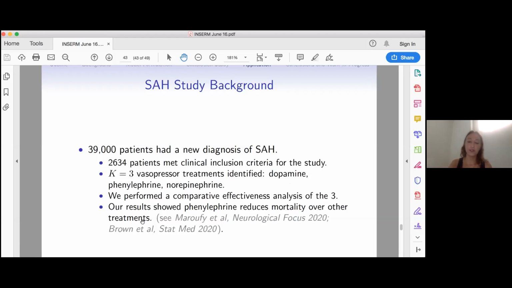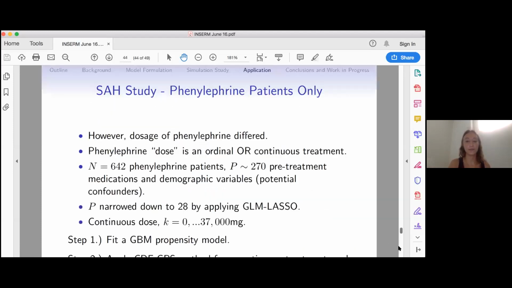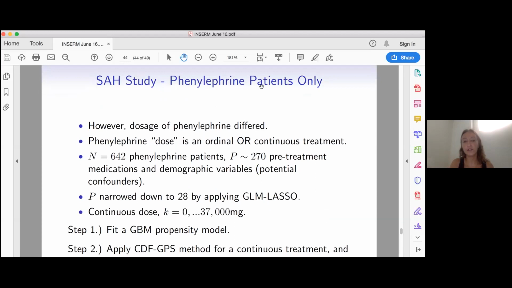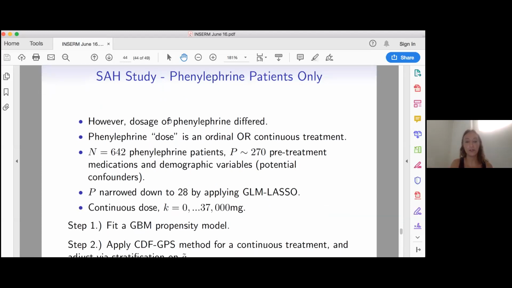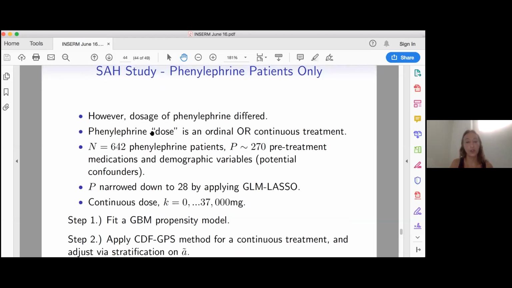We published this and then decided to focus on the dose of phenylephrine. So we took phenylephrine patients only because the dosage differed quite dramatically. We could consider dose as an ordinal or a continuous treatment, right? We could bin it into clinically identifiable doses or just let it be. So we had 642 patients that got that,